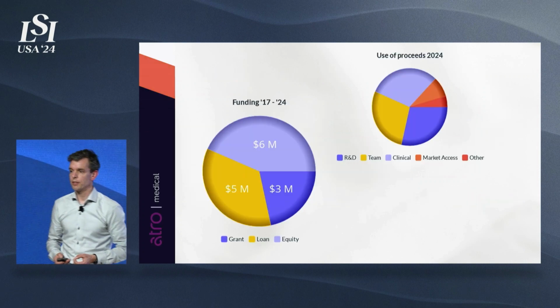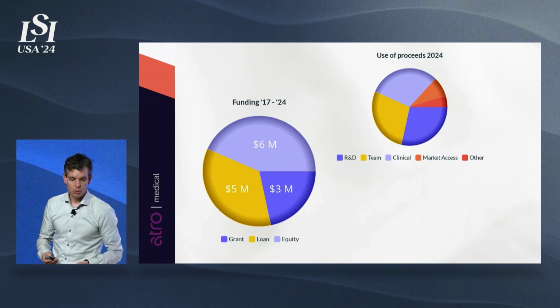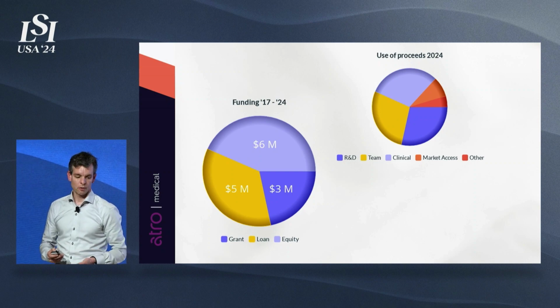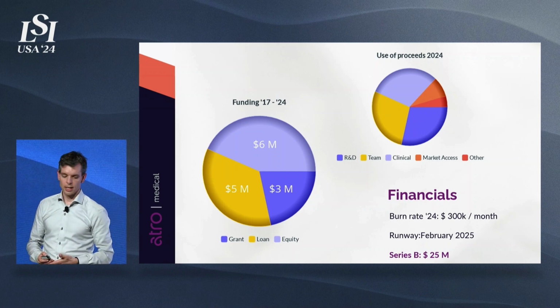Current funding, we've raised 14 million in total in grants, loans, equity. We have still about 4 billion to spend because it's milestone-based grants, for example. Use of proceeds look like you would expect probably. So R&D, the team, and clinical is the largest chunk of it. We have a burn rate of 300K per month. We have a runway until next year. We're looking to raise $25 million